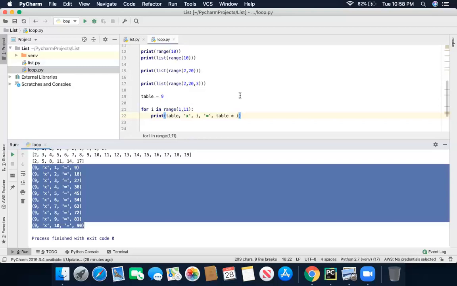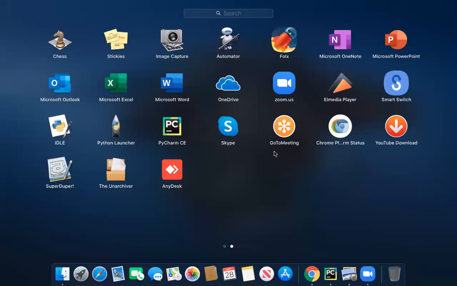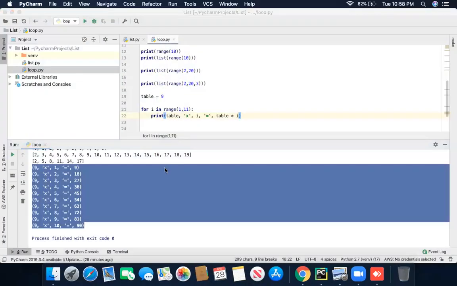Run. I've done it. Till 20? Yeah. Okay. Can you send me the screenshot of that? We don't have a phone yet. Okay, so let me have the access of your AnyDesk so I can see what you have done.